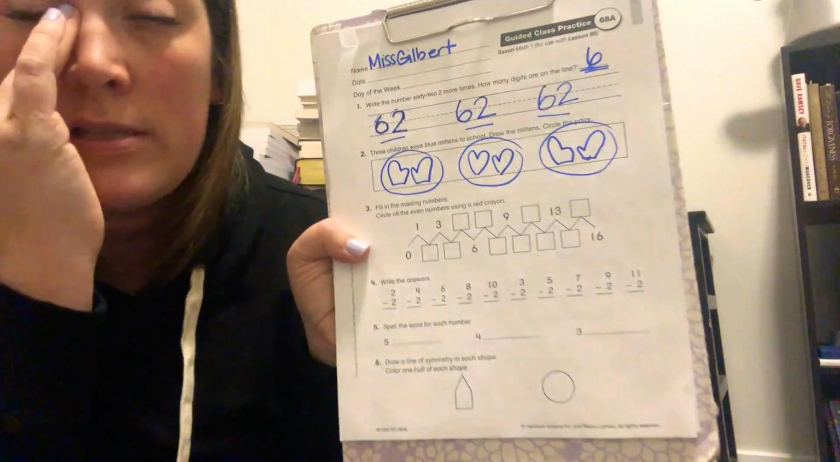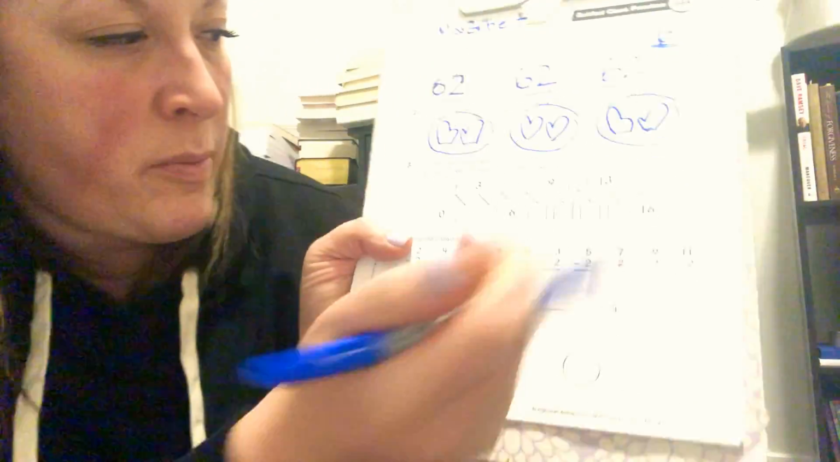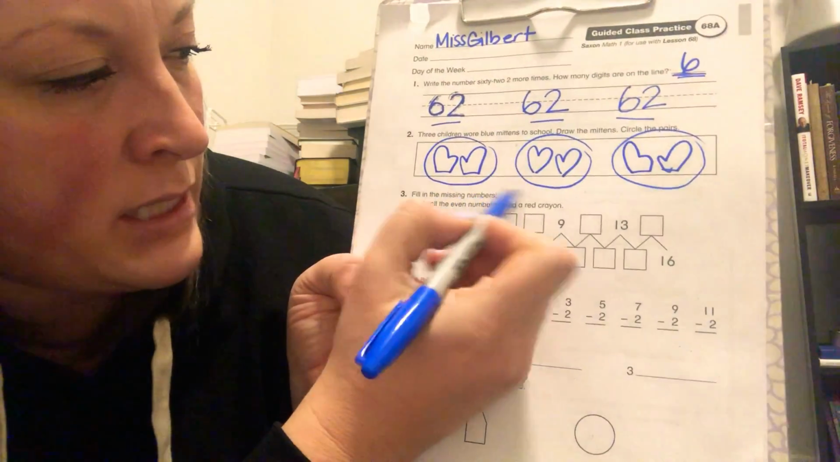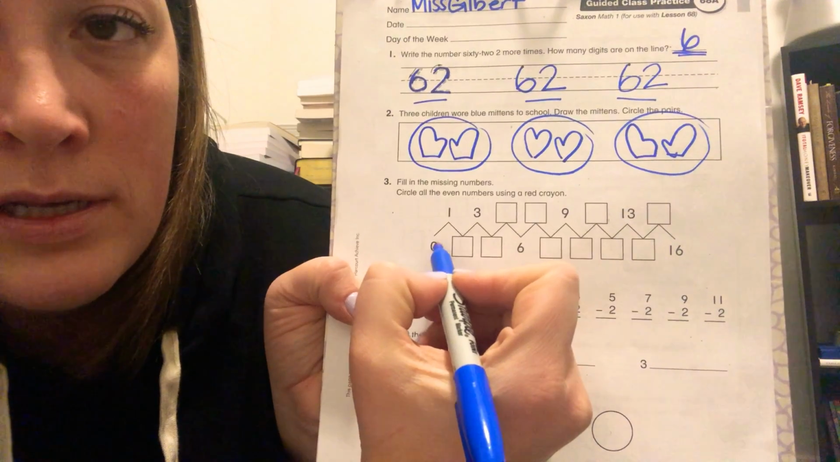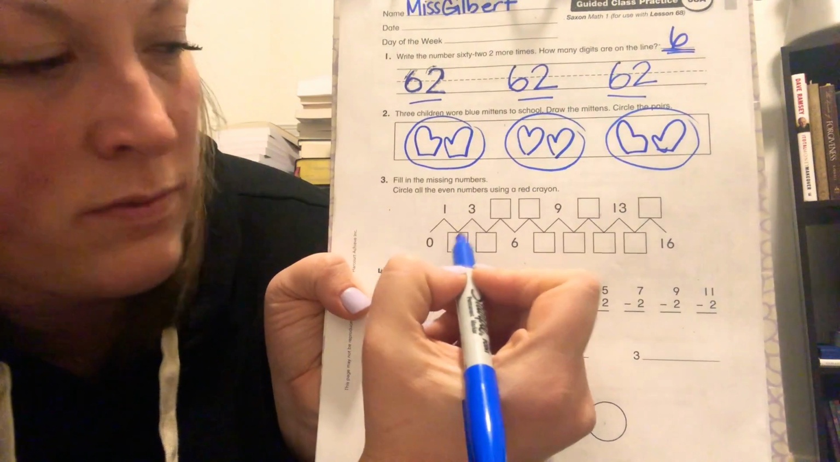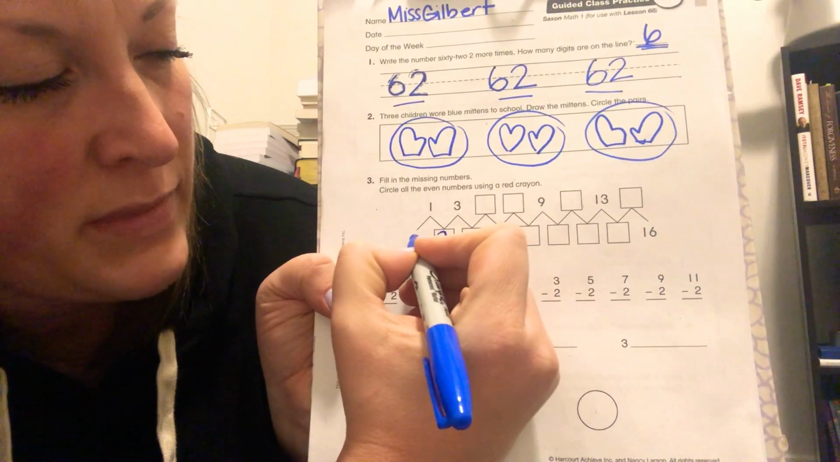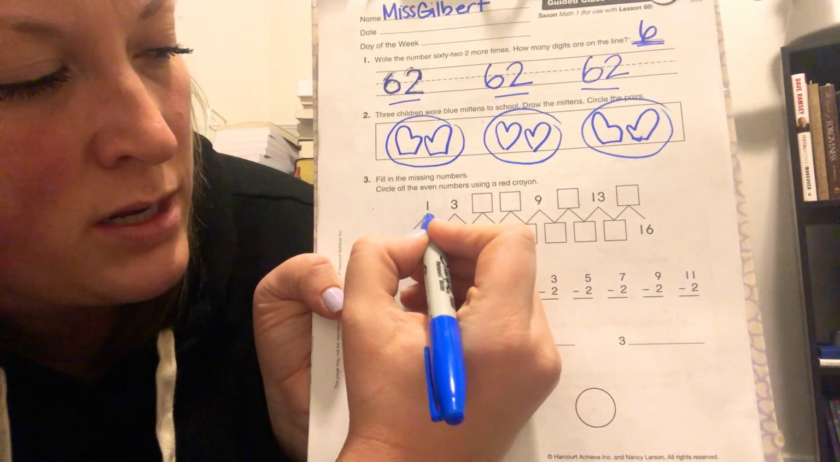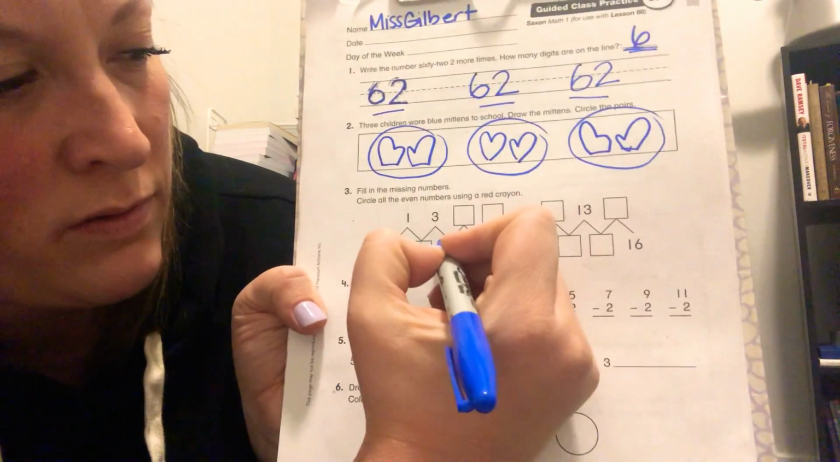If you need to push pause, that's just fine. Go ahead and push pause. Number 3, fill in the missing numbers. Okay, here we go. Sorry. Starts right here at 0, goes up to 1, down to 2. So you're just going to go up 3, down 4,